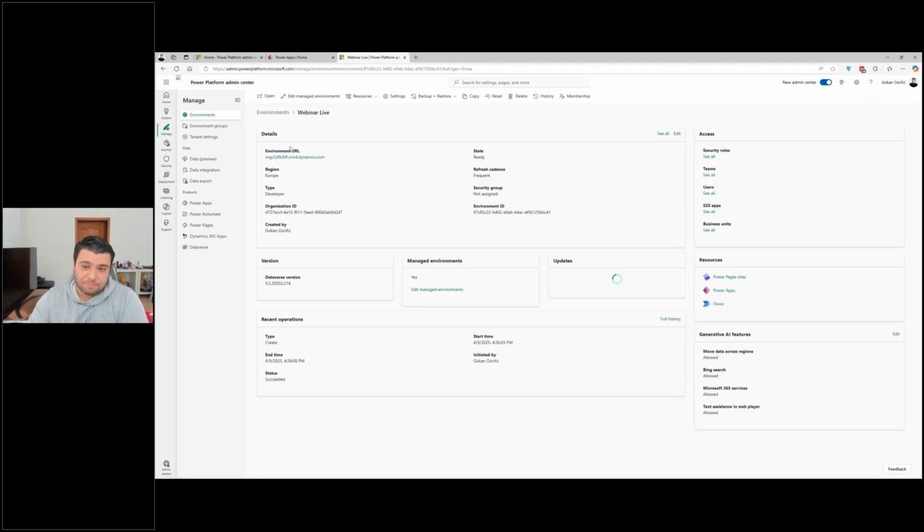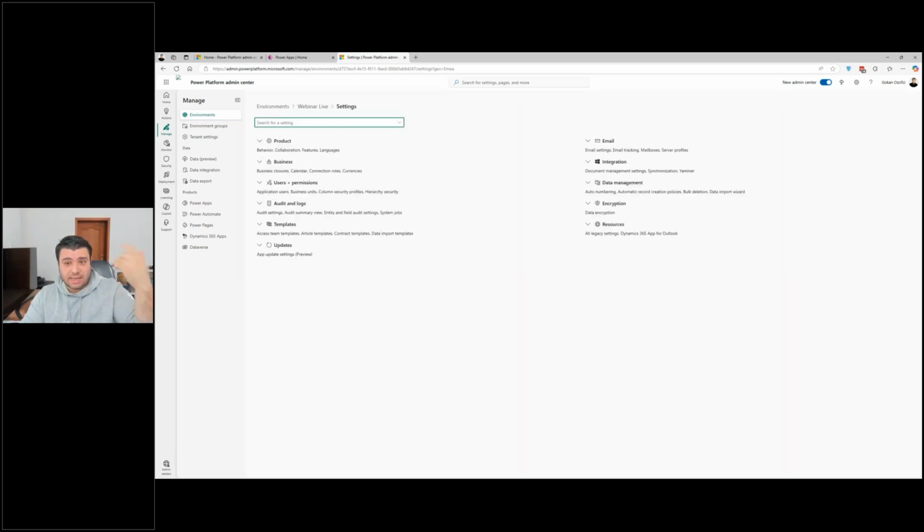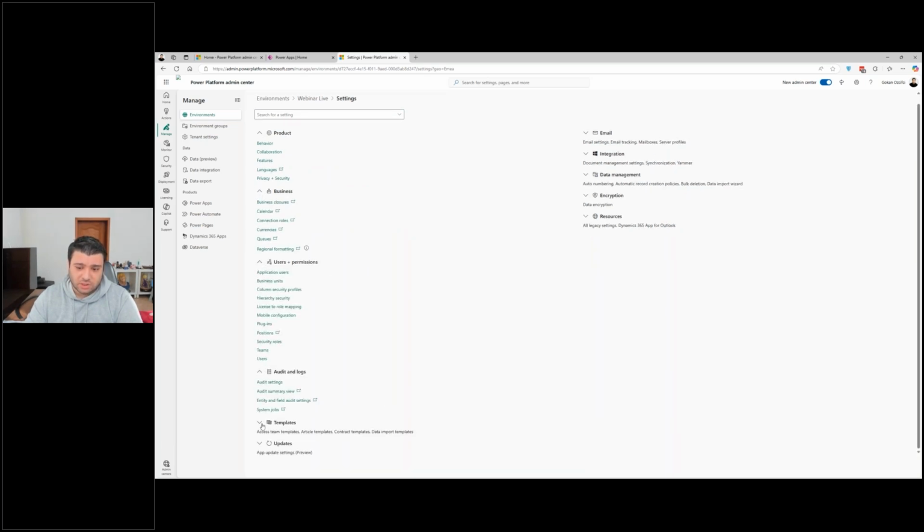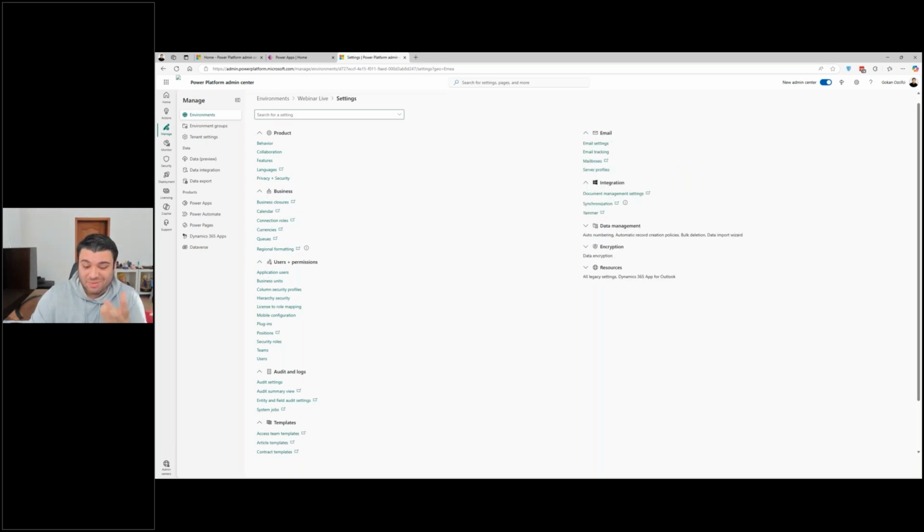You will now come into the settings pane of your environment. Here on the right side, you can see you can manage the access, you can see all the resources you have, and so on. What's interesting for you is the settings pane first, and then the membership. If you go on the settings pane, you will see all the settings again. I think legacy from the Dynamics era, you will see all the settings you have. My gosh, a lot. And remember, it's only a container, right? Environment seems easy, but you need to know all of those settings in order to make sure that you know what to do within your environment.